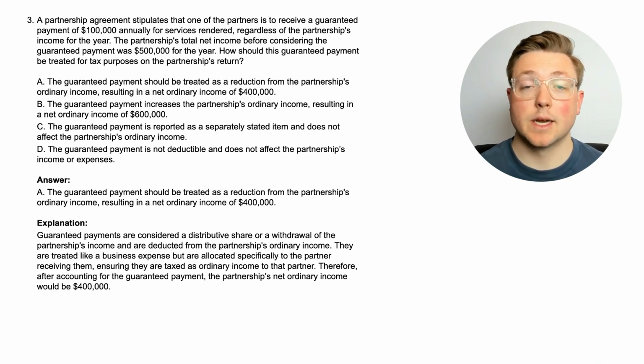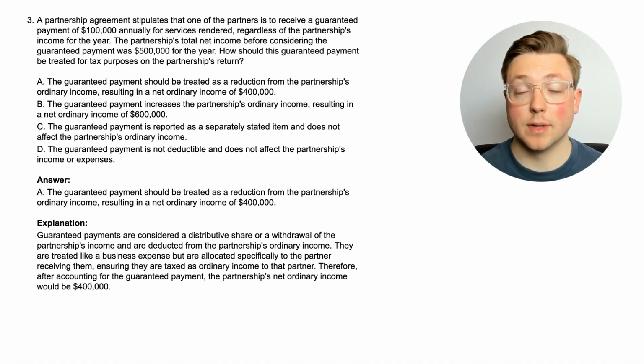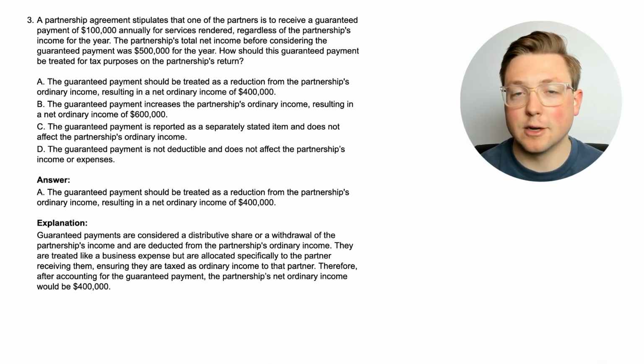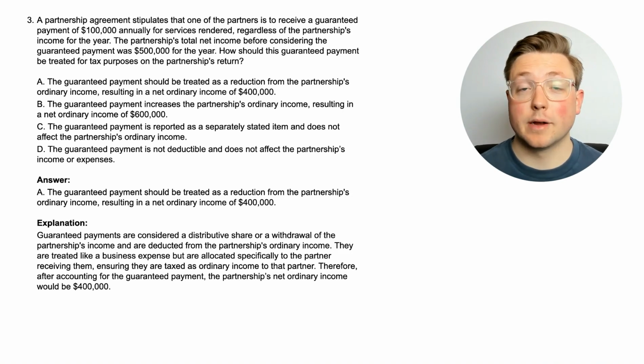So essentially, guaranteed payments, it's in the name. They are payments that will be made to the partner regardless of how the partnership does. It's a little bit like a salary, and on the partnership level, it is treated like a salary basically. You just deduct it from your ordinary income because you're essentially paying a salary to the partner. That's not necessarily exactly what it means, but that's an easy way to think of it. All right, we've learned about guaranteed payments now. Let's go ahead and go to the next question.